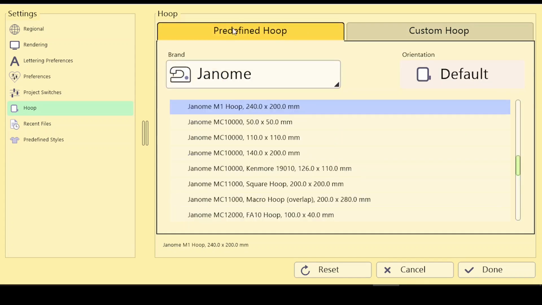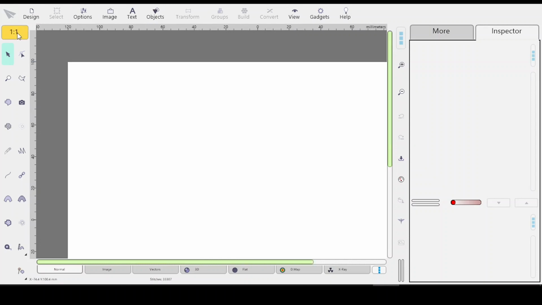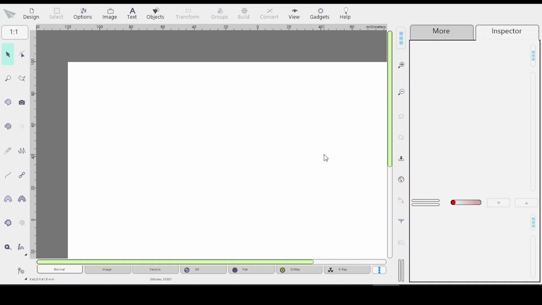If you go back to your predefined hoop, this was the one I saved earlier and hit Done. And I'll just click this to go 1 to 1. And I'll just, I don't know why I'm getting that. Why I'm getting that, I'm not sure. I'm going to have to X out again. Sorry, I'm not sure. I'm going to actually close out of this and I'll close out of Embird altogether when I get back to editor or manager, depending on which one you have